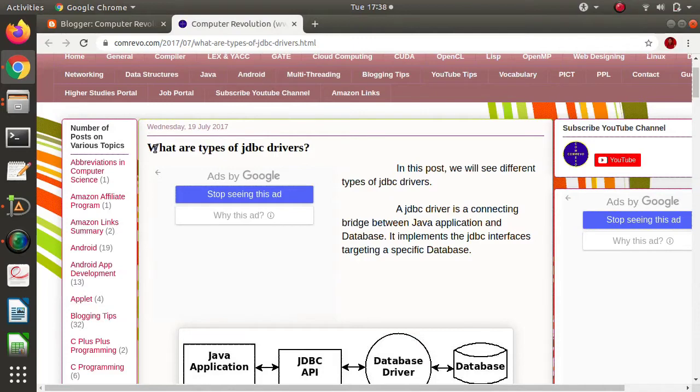In this video, we will discuss different types of JDBC drivers. Most of the time we hear this term driver. You might know that if you have a desktop machine and it doesn't have a Wi-Fi adapter or Bluetooth adapter, we purchase a separate Wi-Fi adapter.